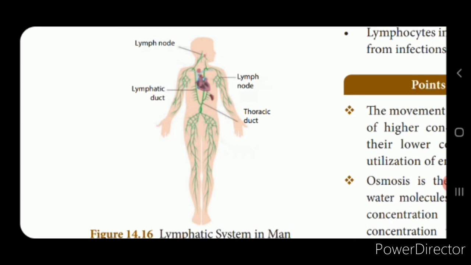Now, we said that the blood flows in the circulatory system, isn't it? So, similarly, the lymph is a fluid that flows in the lymphatic system. Here, the lymphatic capillaries unite to form the larger lymphatic vessels, and lymph nodes are nothing but small pear-shaped or oval-shaped structures located along the pathway, or throughout the length, of the lymphatic vessels.